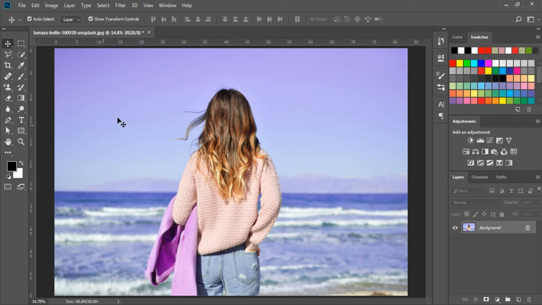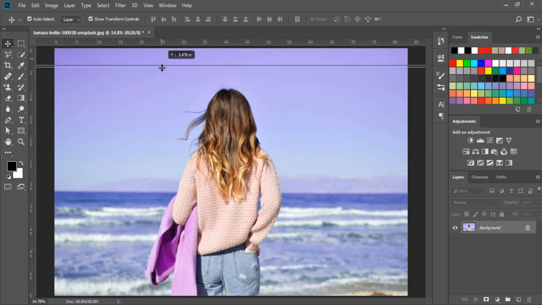And I can right-click on the ruler, and we can change the scale into pixels, inches, centimeters, millimeters, picas, or percent. Okay, now when I click on the upside ruler and drag it to the downside, we can see our